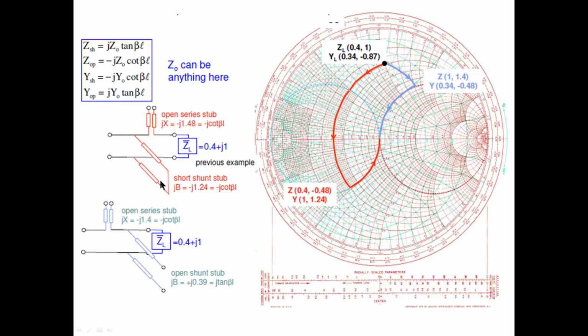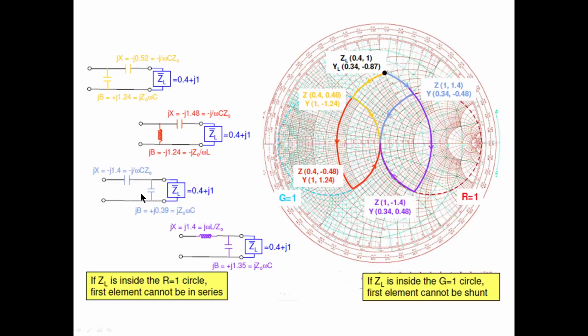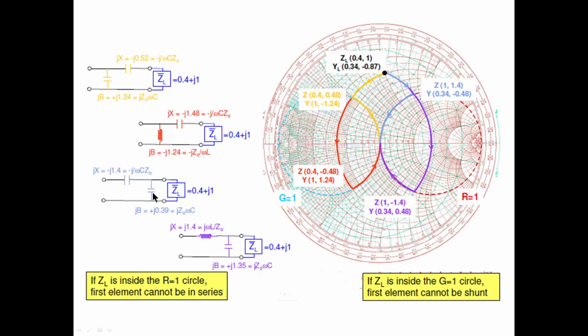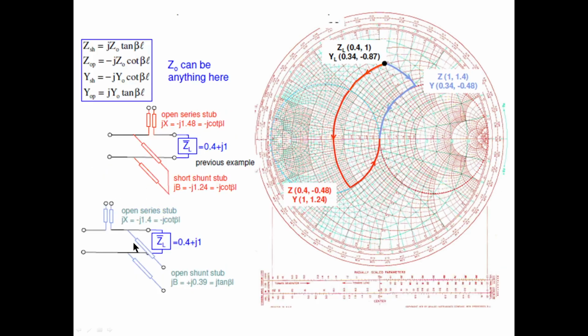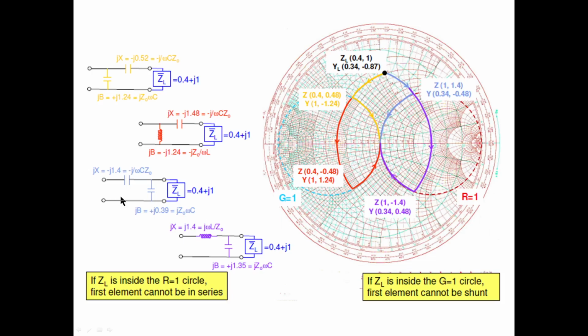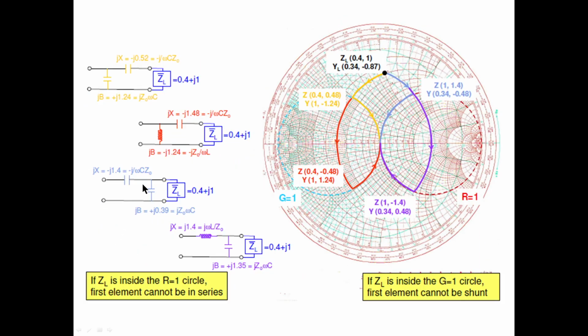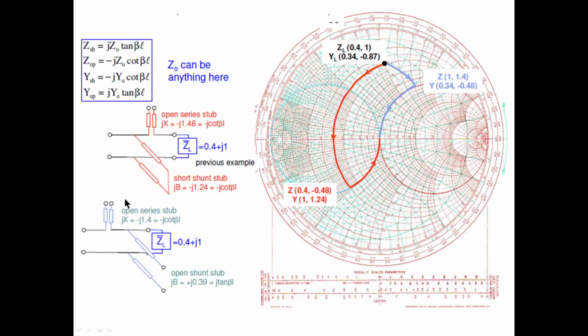Okay, similarly here is one more solution, this is another solution. See, moving like this and coming like this. This is a shunt capacitor, and a series capacitor. This shunt capacitor is replaced by an open stub like this, and the series capacitor is replaced by an open stub again. For the series one you have to connect it like this. This is a series stub design, and this is a shunt stub design.